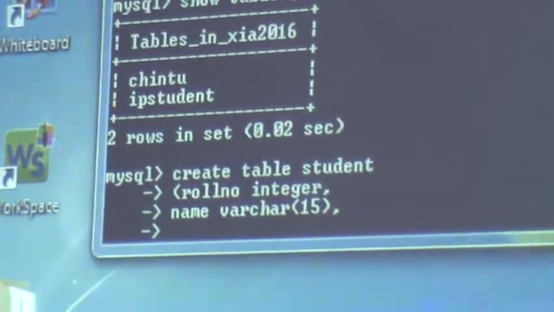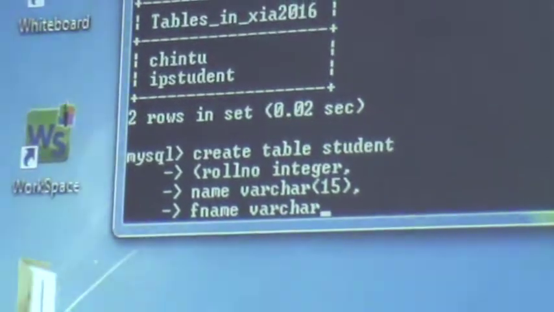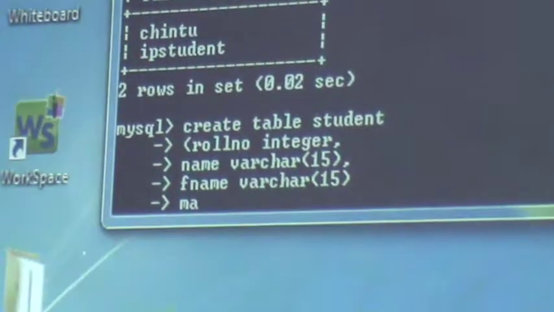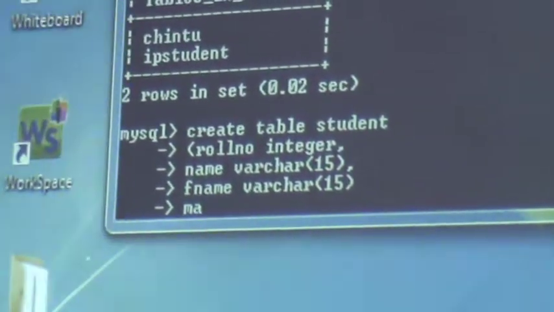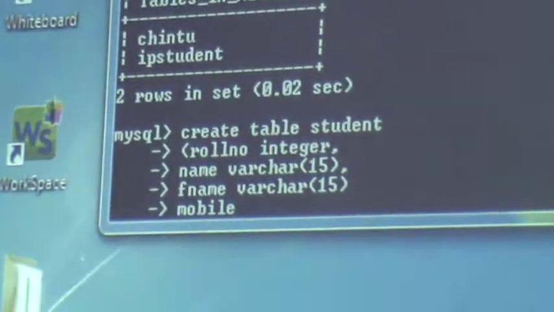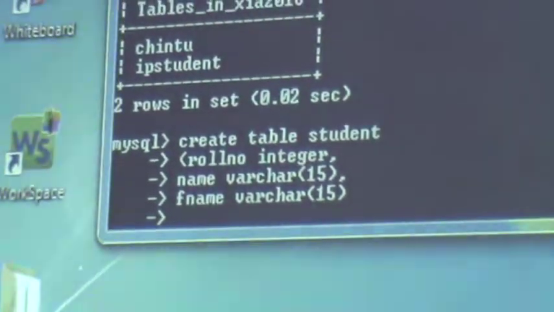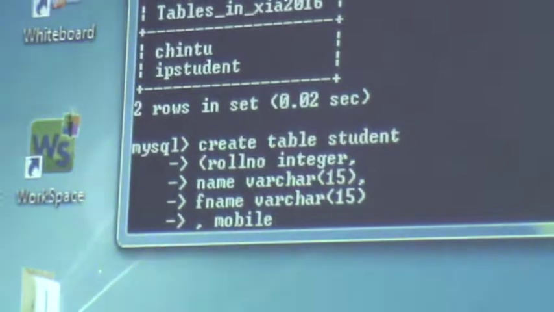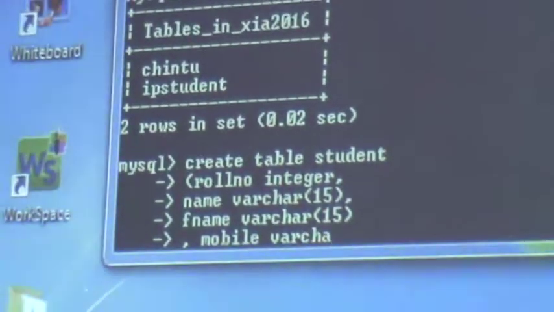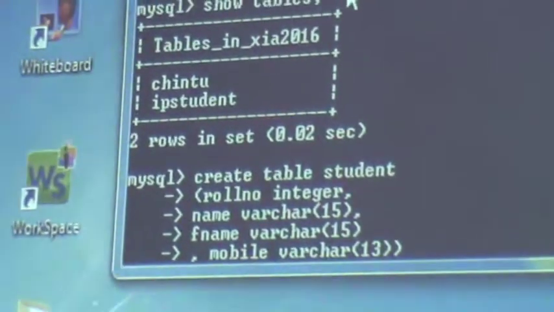Next, F name, varchar 15, marks, and you can write your mobile number, mobile, varchar 12 plus 13. Close this.